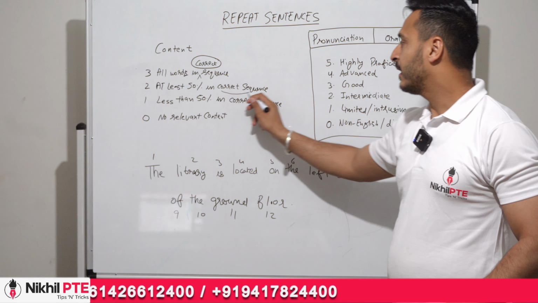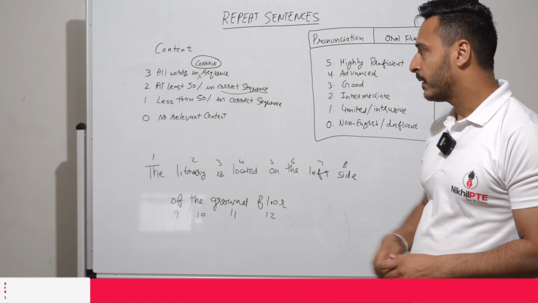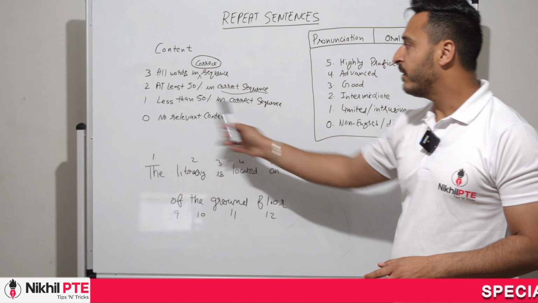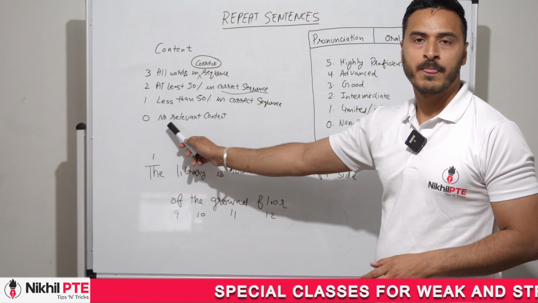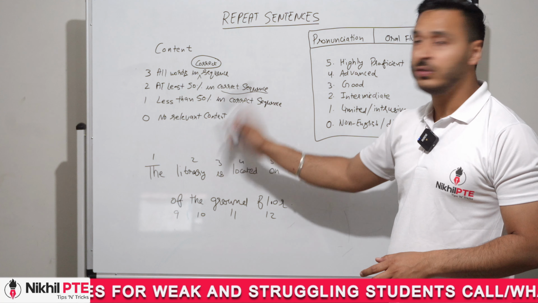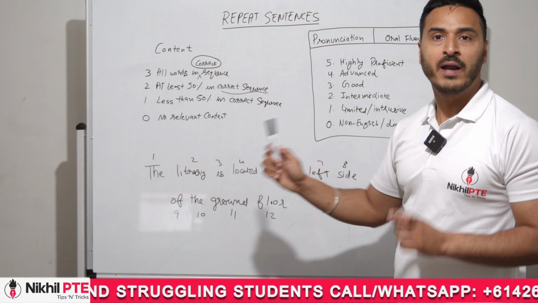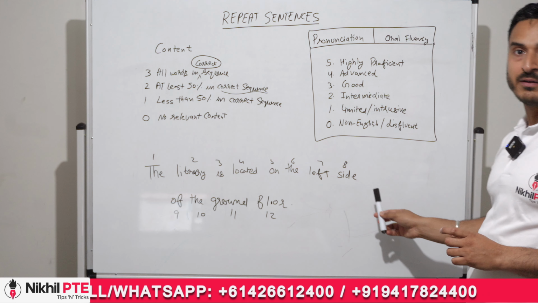Note this line, in correct sequence, then you will get 2 marks. Less than 50% in correct sequence, 1 mark. No relevant content, you will get 0. This means if you want good scores, there is only one possibility: you must speak in correct sequence,